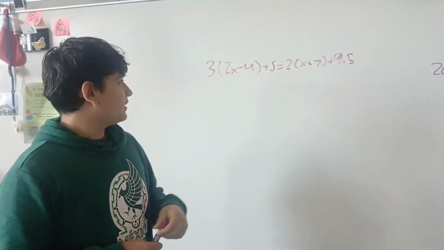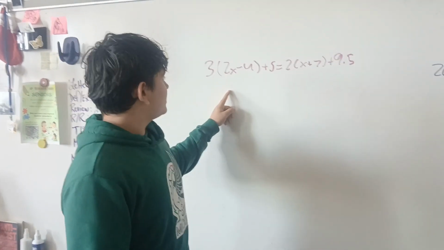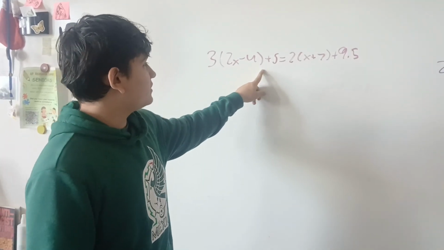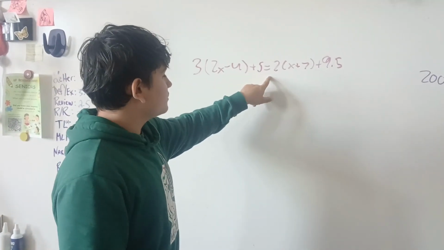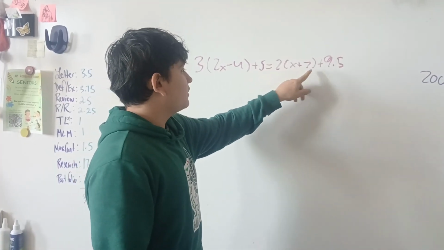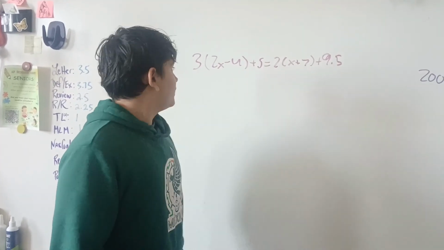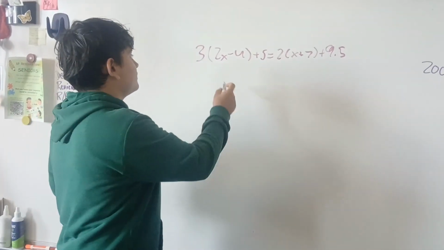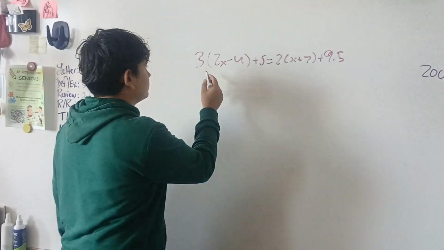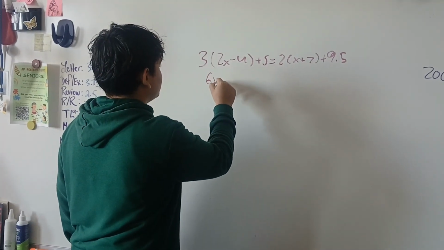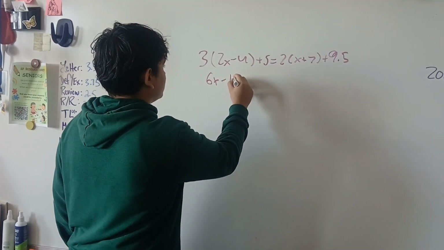Alright, so right here we have the second example, which is 3(2x minus 4) plus 5 equals 2(x plus 7) plus 9.5. So first, we have to multiply what's inside the parentheses. So this would be 6x minus 12